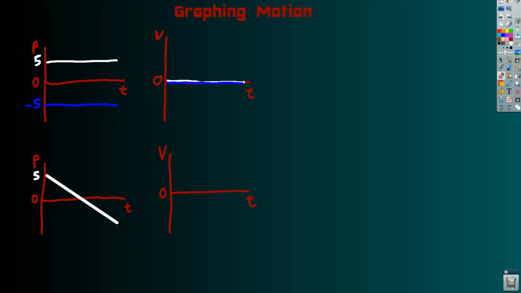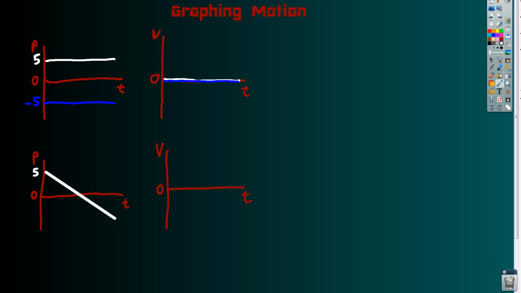So what does the velocity graph for this look like? Let's keep using that nice modifier. So if we're going in the negative direction, we're going towards negative land, then the direction of our velocity has to be negative. And so it's going to look like this. Now, why is it this and not this or that? Well,